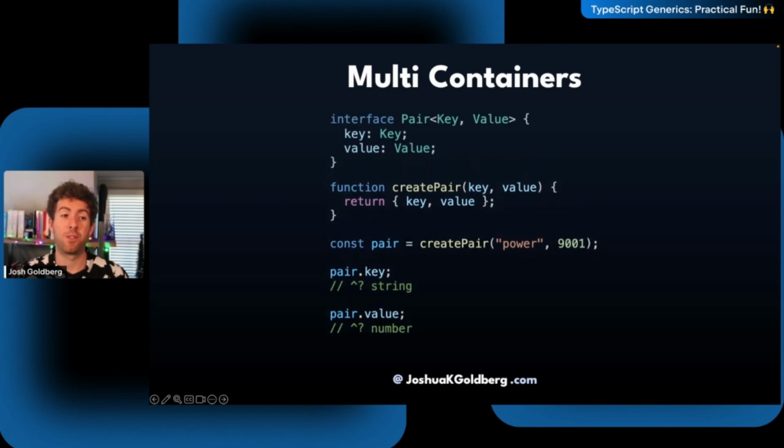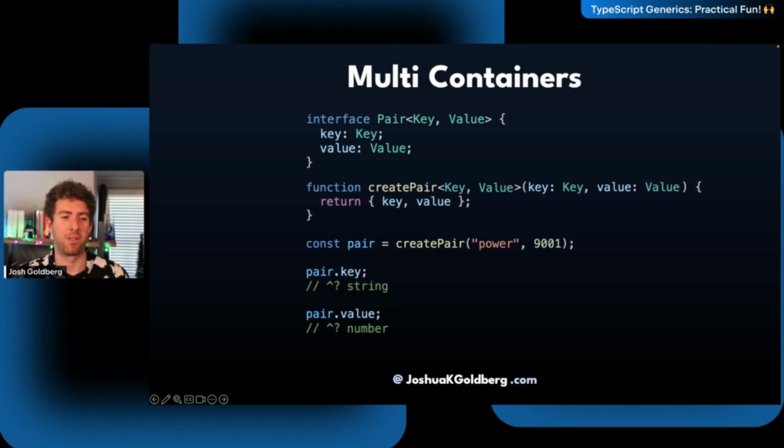So I would create an interface with, fun fact, you can do this, two type parameters, key and value. Great. And then I'd have two type parameters on the function. Now, I'm not even explicitly indicating the return type, pair of key and value. I'm letting TypeScript infer the equivalent because this is kind of getting to be a lot of code. We've got like a half dozen instances each of the word key and the word value